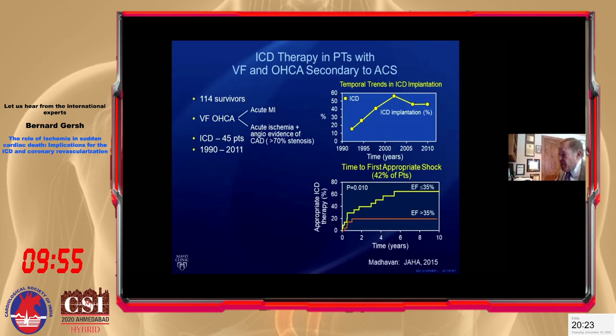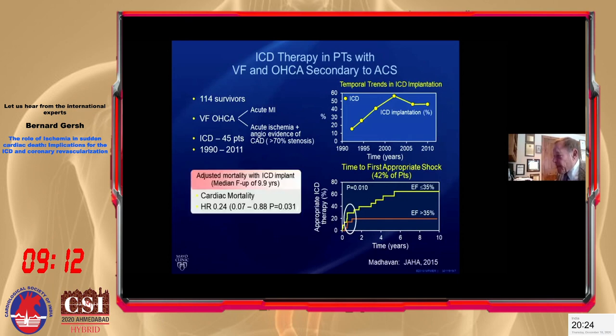This is interesting and sobering. In the 45 patients who had an ICD, 42% of total patients, this is the time to the first appropriate shock. And not surprisingly, in those with an ejection fraction of less than 35%, about 65, 70% had appropriate shocks. But this is of concern. Even if the EF was greater than 35%, at least within the first year or two, they did have appropriate shocks,